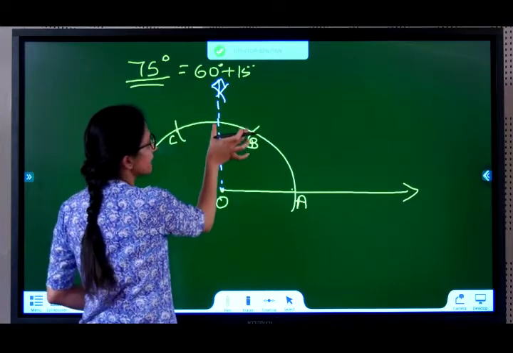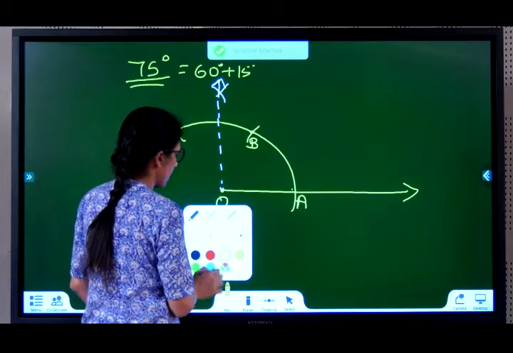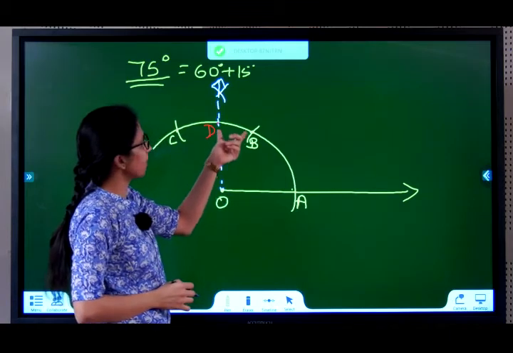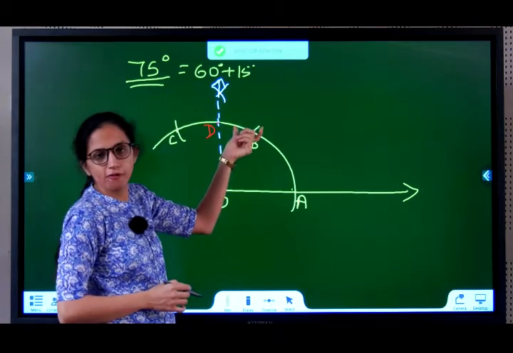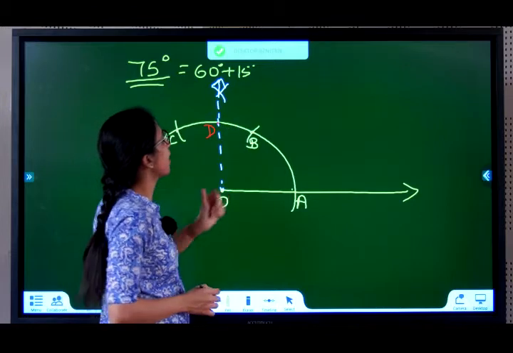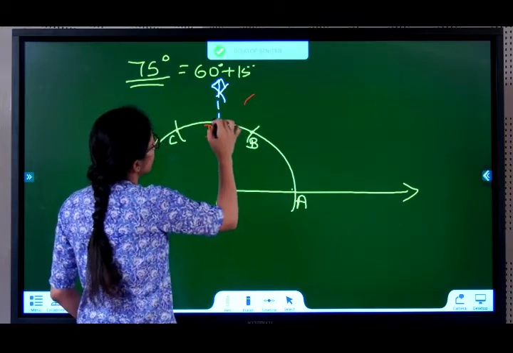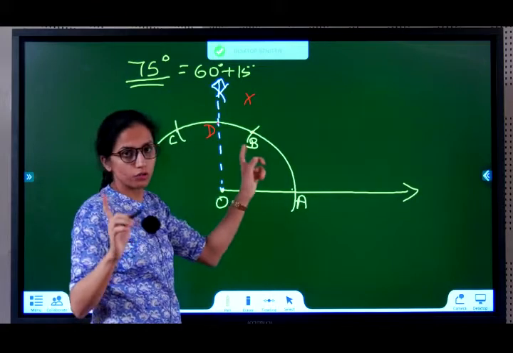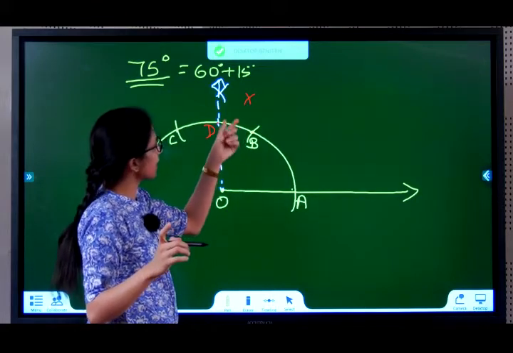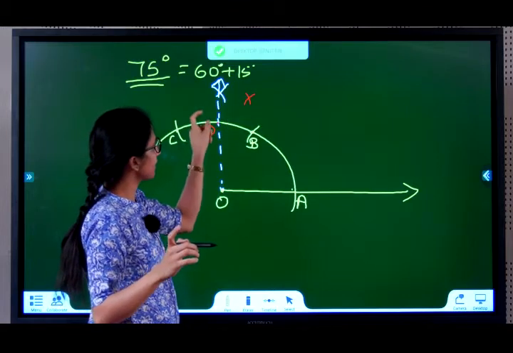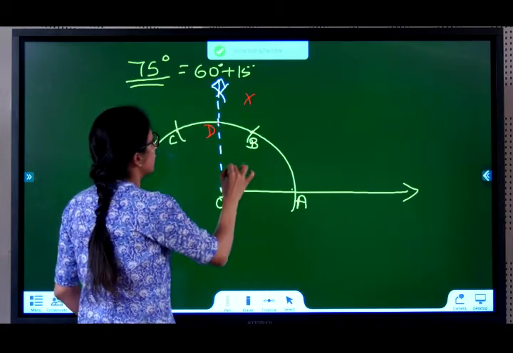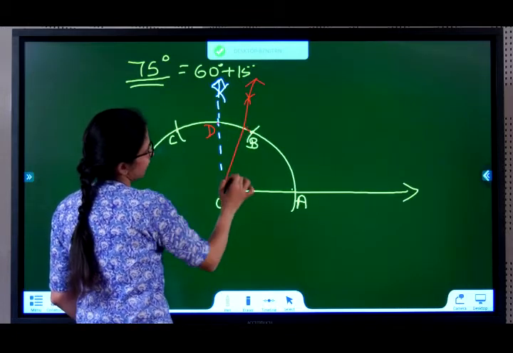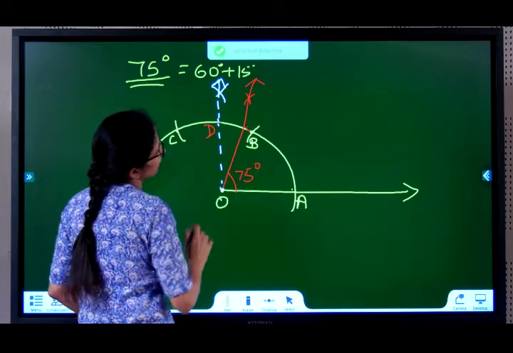So now you have to bisect this 30 also. How do we do that? So name this as D. Now keep your compass needle at B and measure more than half of BD. Once you measure more than half of BD, cut an arc. Keep it at D and now cut the arc. Same radius at B and D. Don't forget, take more than half BD, cut an arc. Without changing the radius, keep the needle at D and cut the arc. Join these two as this is your final answer. This angle is 60 plus this is your 15, so totally 75 degree.